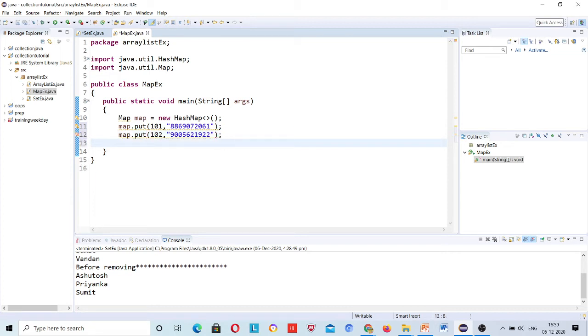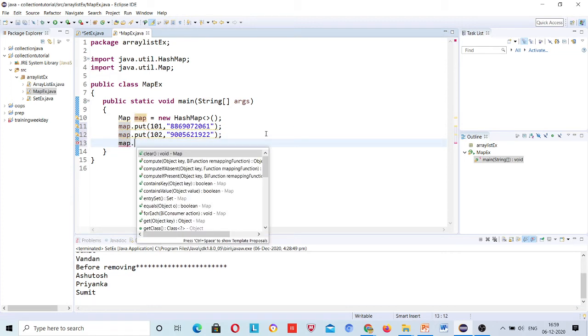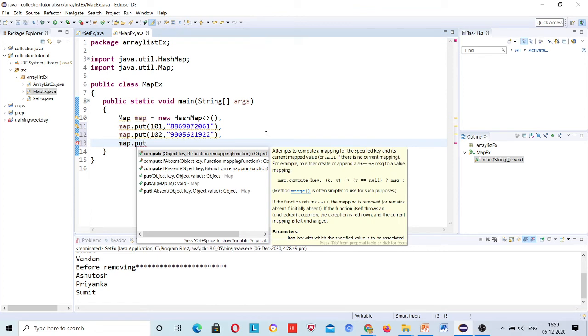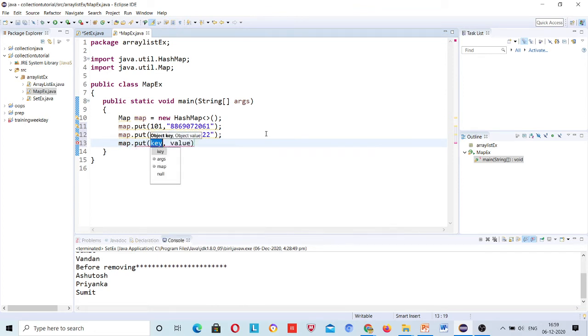Right. Oh, map dot put 103, and now see, there is a twist. And what is that twist?